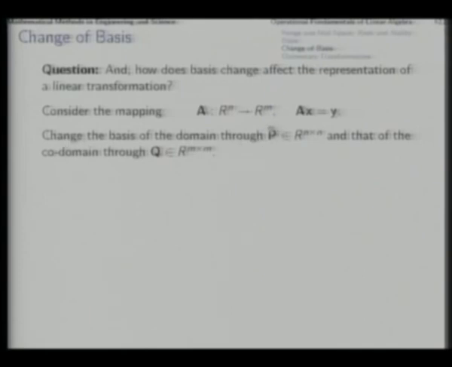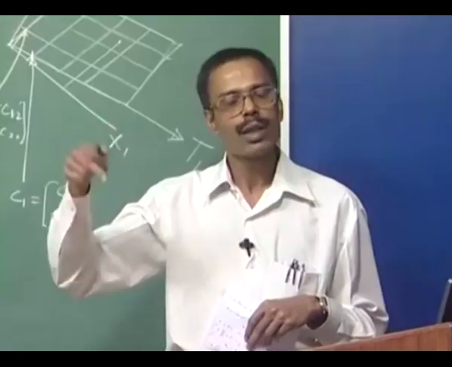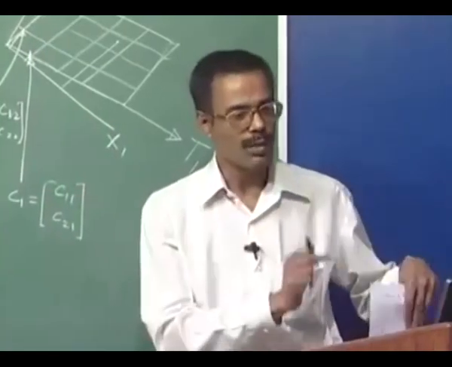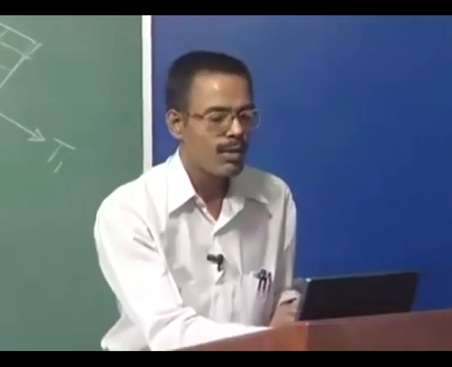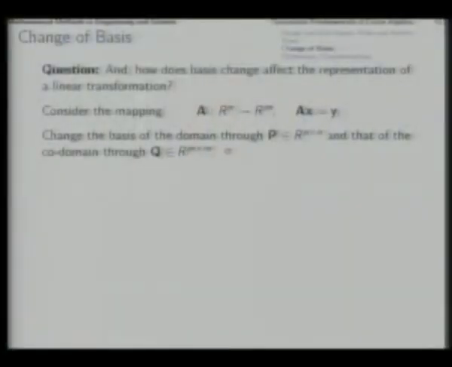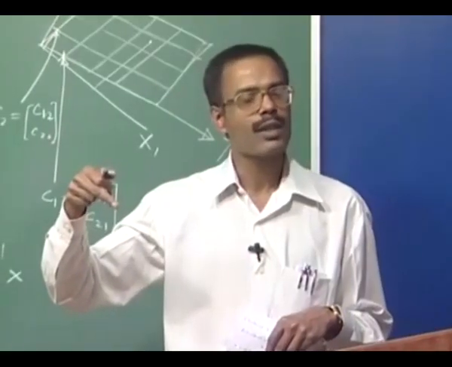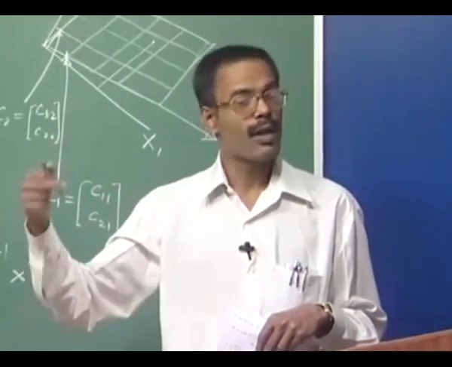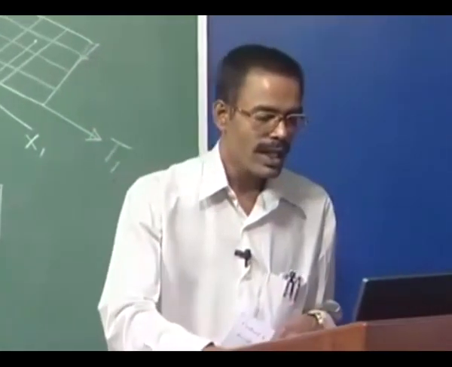That means, P will be an n by n matrix with its columns as the new basis members for the domain. Similarly, Q will be another square matrix of m by m size, in which the columns will be the basis vectors for the codomain, that is for y. In such a situation,